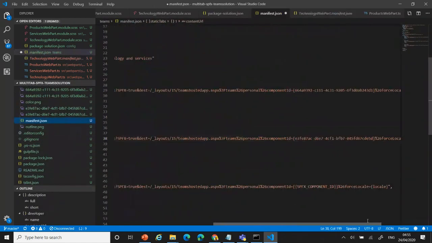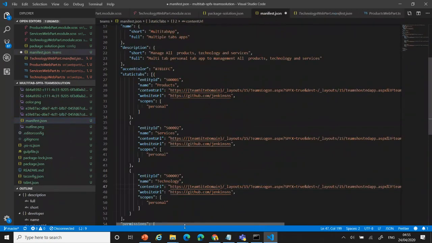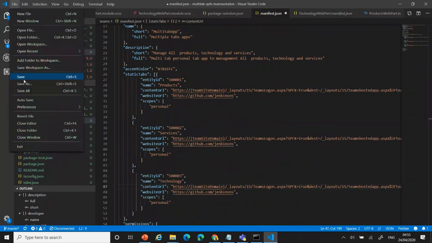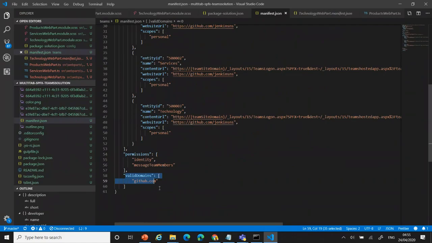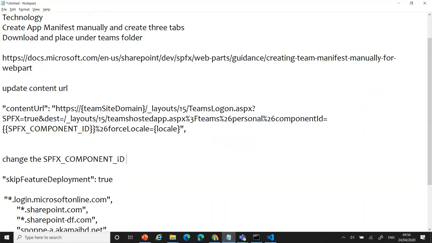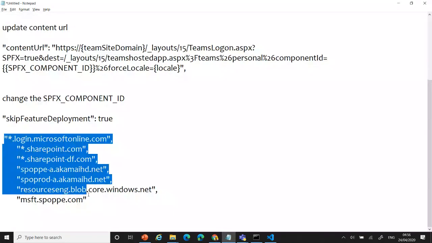I can replace the SPFx component ID. Now I'm ready with all these component changes, right? I have the 3 web parts, I have 3 tabs created using the manually created app manifest file. Now I want to change my valid domain. That part I can copy the same, I only copied and place it here.